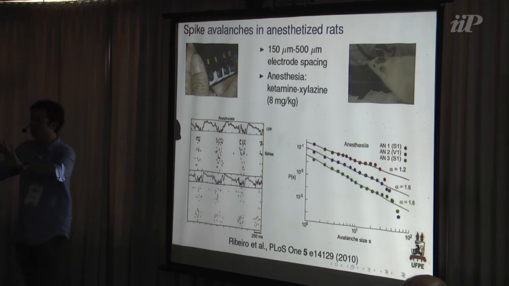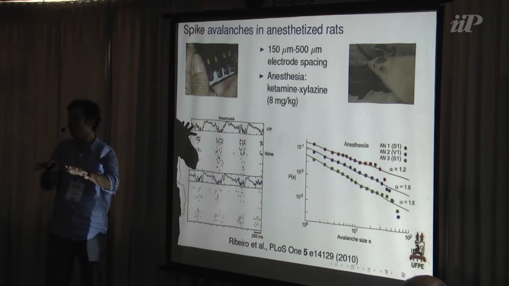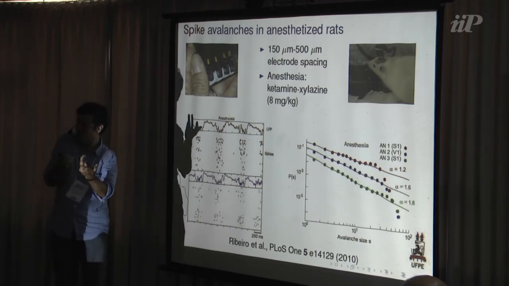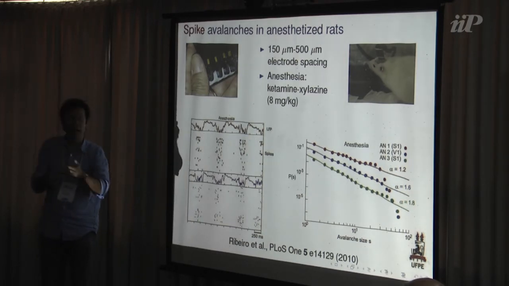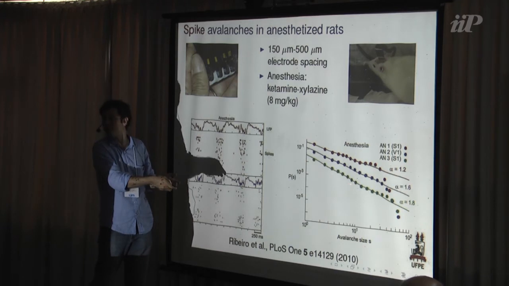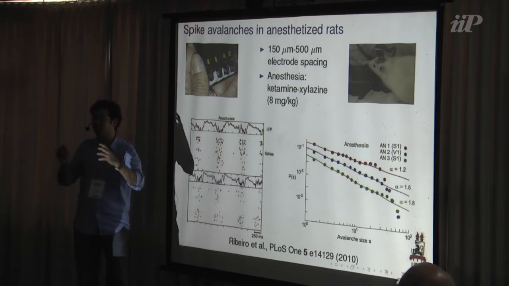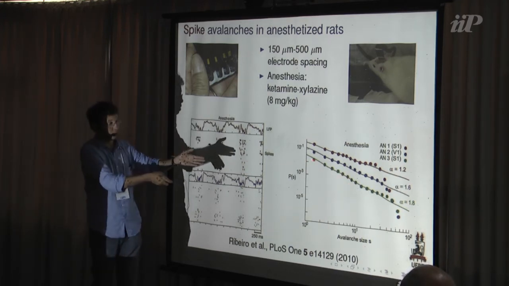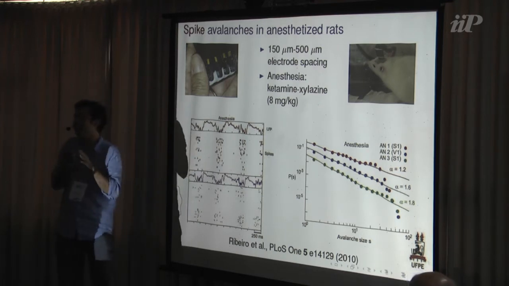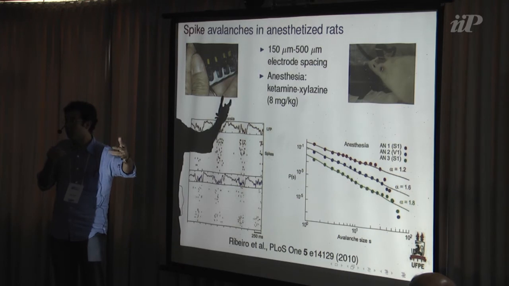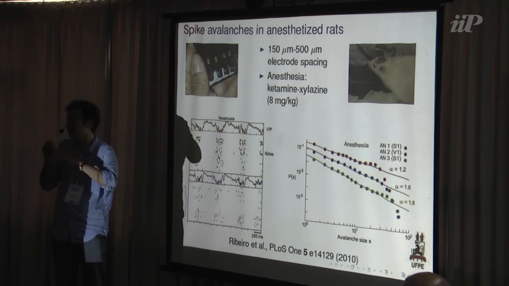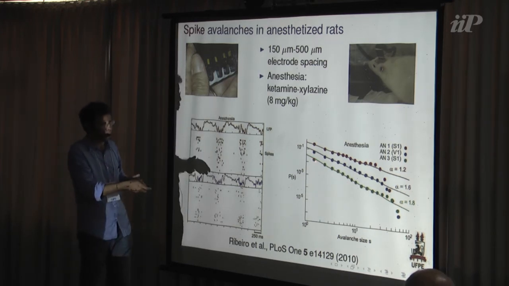Look, is the in vivo freely behaving animal critical? I don't know. I see signatures in the time domain, but I don't see other signatures in the size distribution. In anesthesia, I see this signature in the size distribution, but I don't see anything in the time domain, like they were uncorrelated with one another, which sounds reasonable for anesthesia. Maybe they should be correlated. What I mean is that,